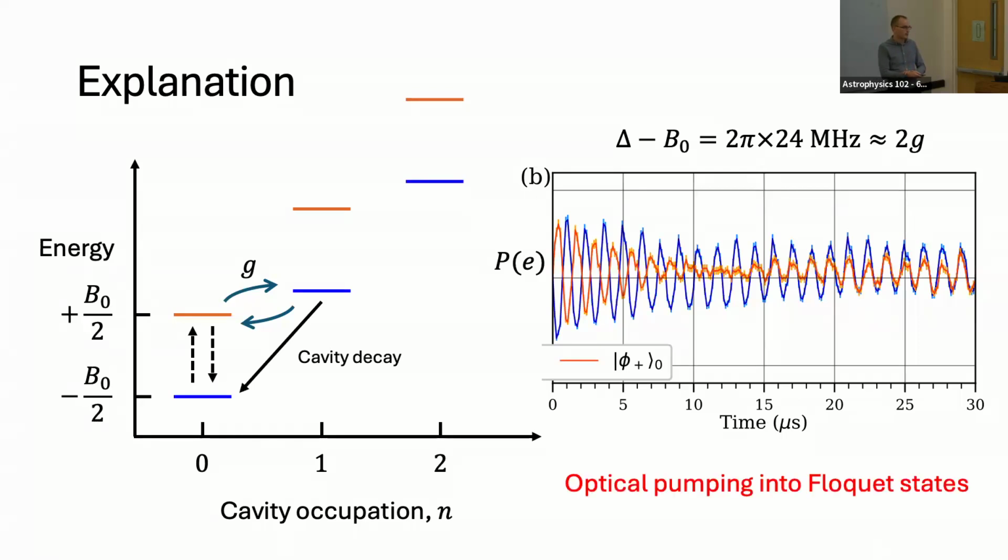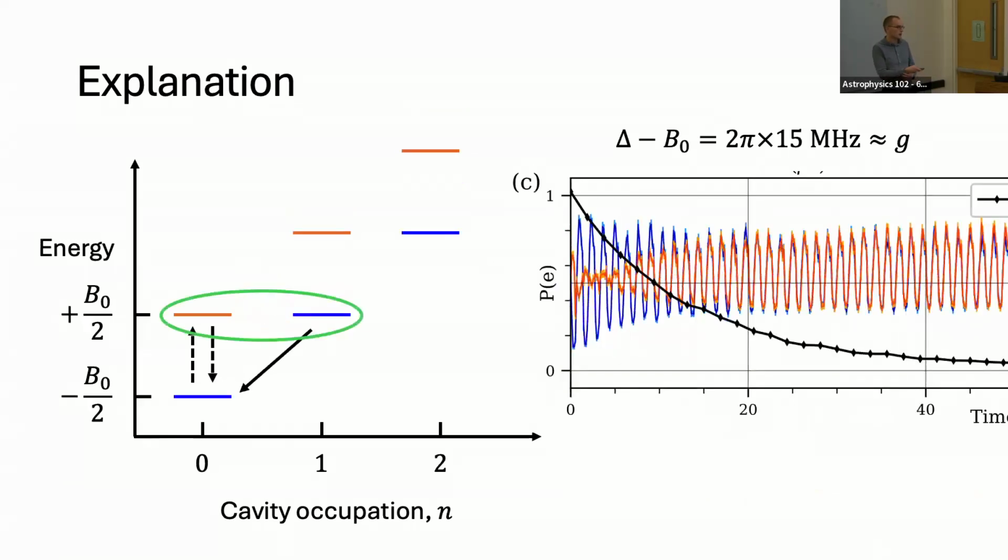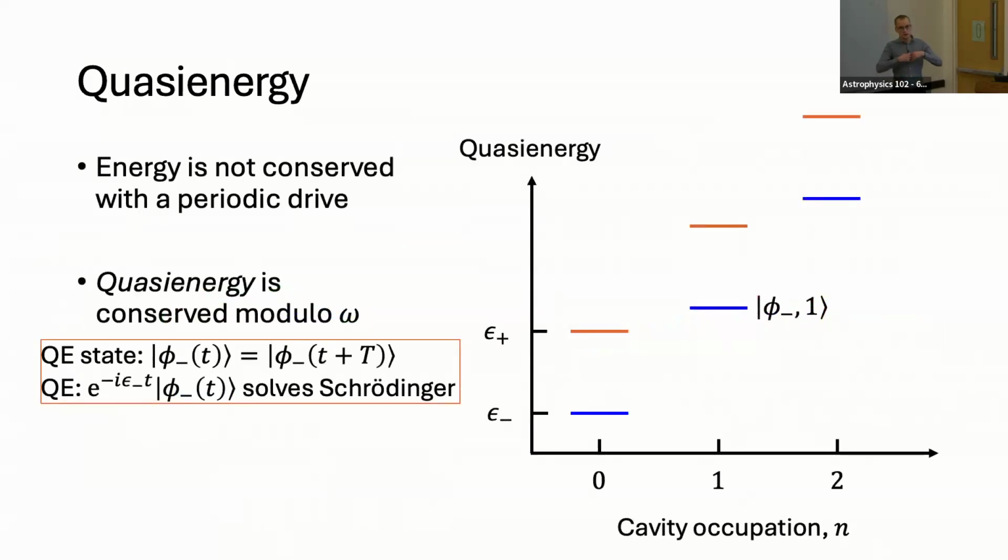And for the many atomic physicists in the room, this triple of diagrams should just look like optical pumping, because that's what it is. But it's optical pumping of these Floquet states. That's really the thing we're managing to do: we're showing that you can do this optical pumping protocol, which is ubiquitous, but actually you can do it with these quasi-energy states, these Floquet states. And as you get closer and closer to resonance, this plot starts going on the screen. Stabilize into the state. Okay, and so there's